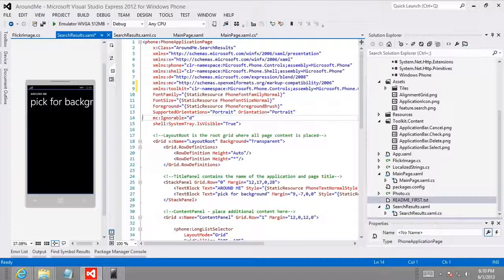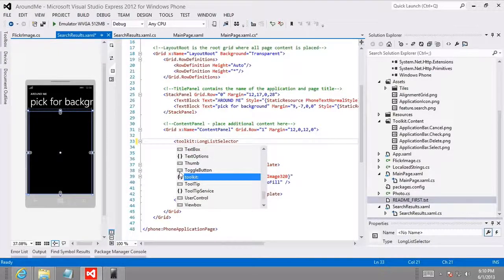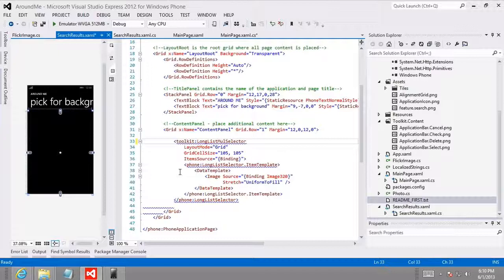So the XAML namespace basically says this: when you see a XAML element prefixed with the toolkit prefix, then look in the following assembly for the following CLR namespace for that class's definition. So somewhere in the Windows Phone Toolkit code, there's a namespace defined as Microsoft.phone.controls.toolkit, and it has a class named LongListMultiSelector, among others. So the compiler parses the element. In this case, we'll change our phone LongListSelector to a toolkit LongListMultiSelector,